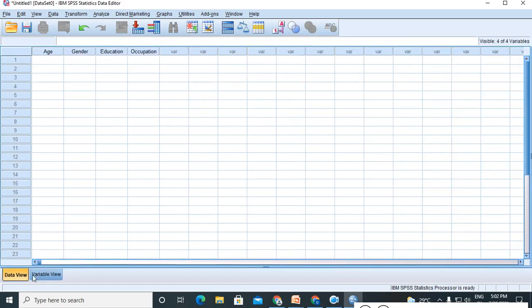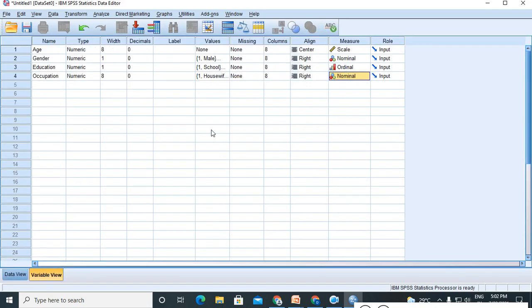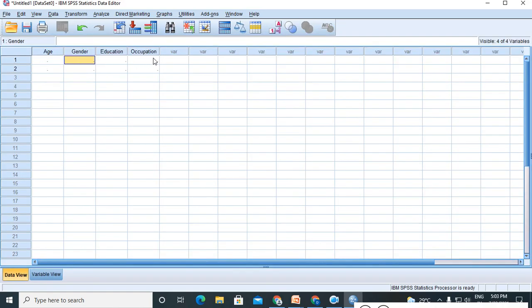So this is the view of the variables. Age is a variable, gender is a variable, education and occupation. Each and every one you just complete. First complete the first record, then come to the second record. Age 23, gender 1 is for male, we have given 2 for female, and education I am giving 4.